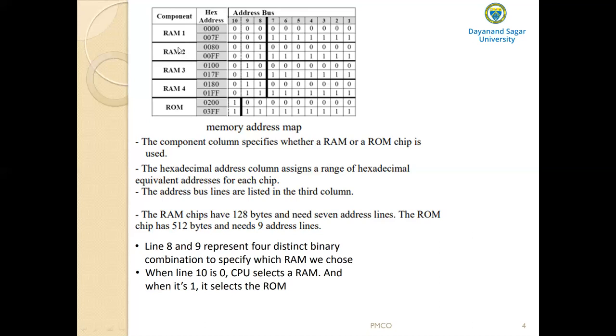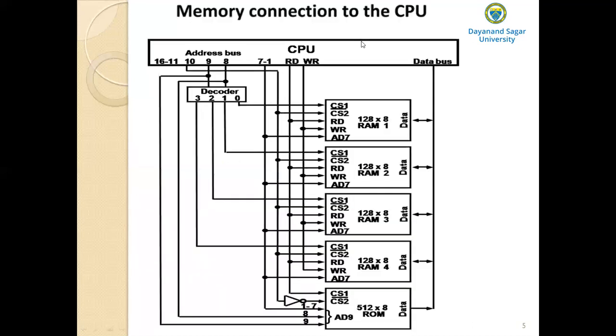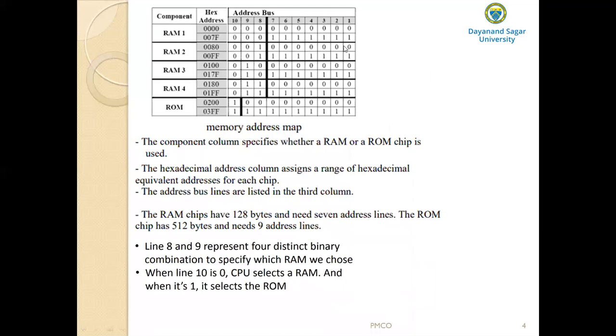And what is the starting address of RAM 2? Similarly, for the starting address you fill all zeros up to bit 7. The remaining bits, that means lines number 8, 9, 10, are used to distinguish between these 4 RAMs, isn't it? So keep them as they are. You fill up to bit 7 only zeros for the starting address, and to find the ending address you fill all ones up to line number 7, because RAM has 7 address lines.